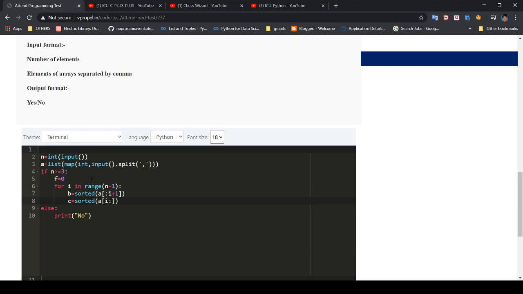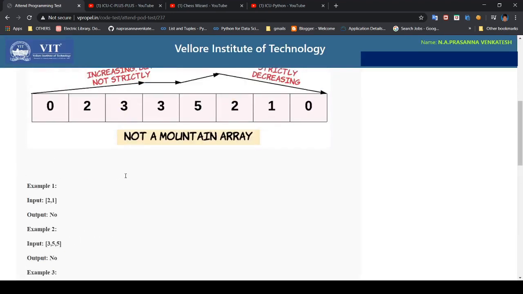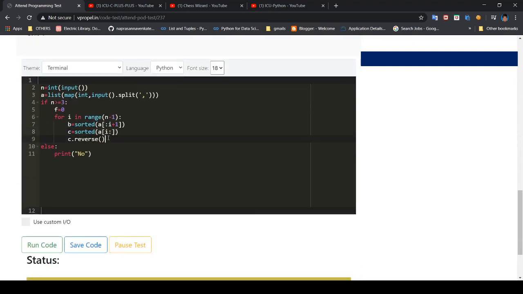We should reverse this C because it is in descending order. Generally sorted arranges in ascending order, and we need the descending order to compare, so we are just reversing it.